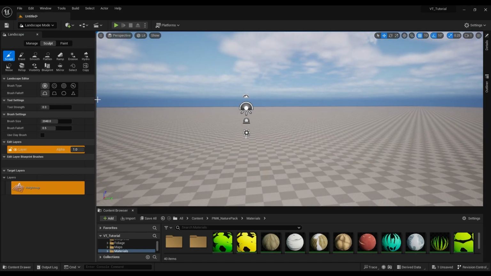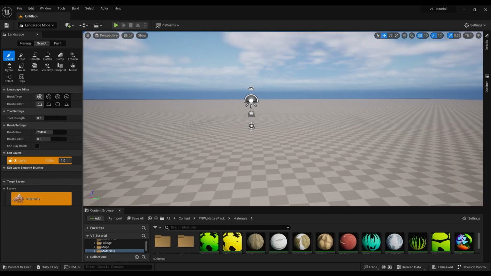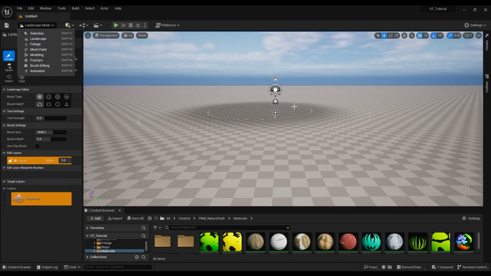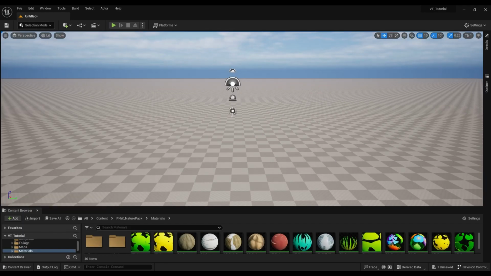I'm not going to do any sculpting just yet because I want to show you an issue that you may run into with the virtual textures regarding the sculpting, but we'll get to that in just a little bit. Okay, so I also have written instructions for this if you prefer, and I will link that down in the video description. And I'm basically following the guidelines that I have laid out through that for this video, but for the most part, the order in which you do these things doesn't fully matter